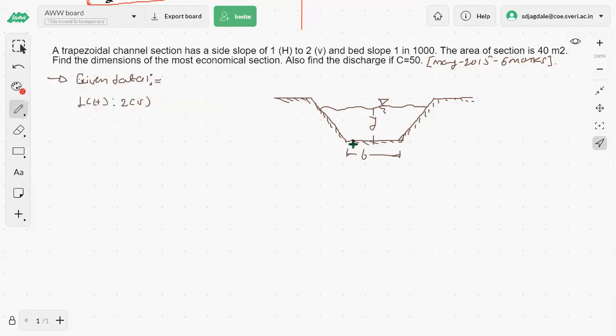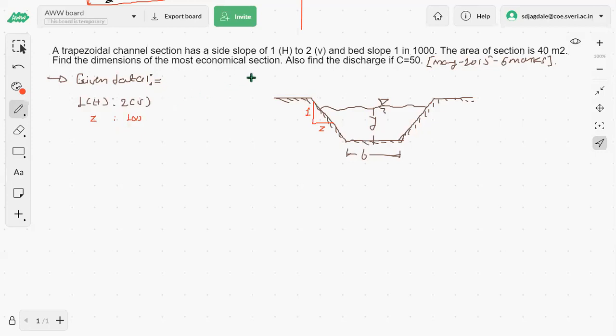Then regarding the side slope, they had given us the magnitudes also. Okay, 1 horizontal to 2 vertical. In general, whatever we used to assume, or whatever relations we have derived, those are in terms of 1:Z. For 1 vertical, Z horizontal we used to have the relation. So likewise, we have to find out the value of the Z herein. So for Z horizontal, we have 1 vertical, we can say.